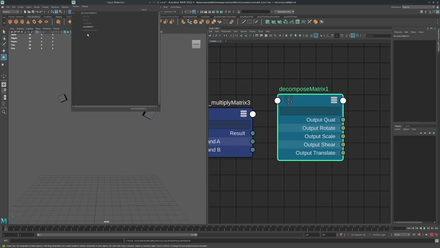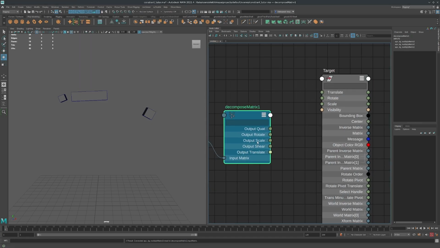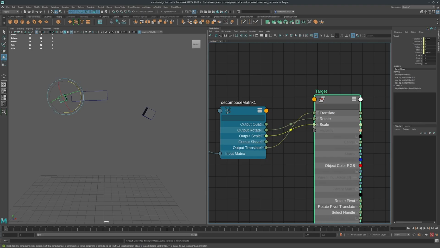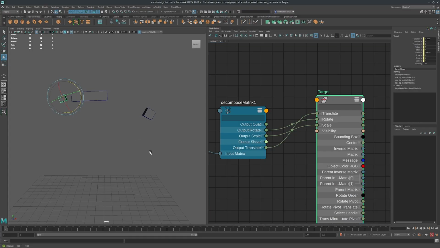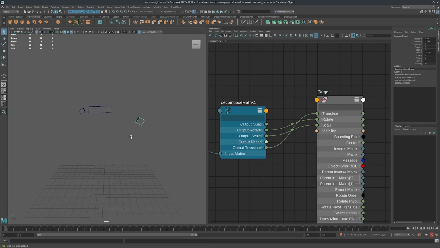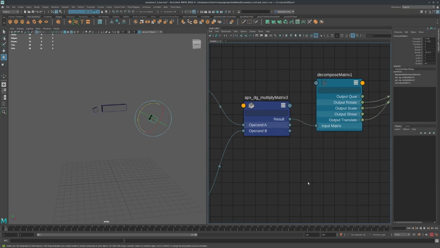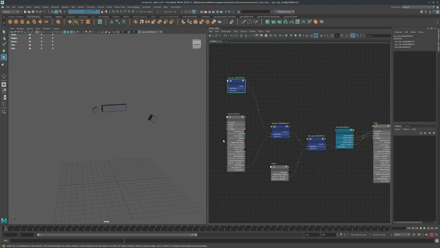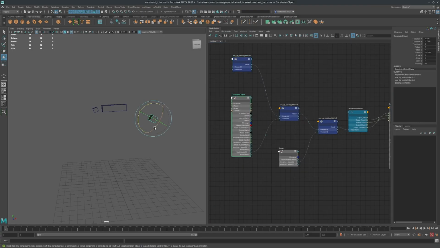here and plug my rotation, translation, and scale into my target. So now that would replicate the parent constraint almost exactly, but with the only difference that the standard parent constraint doesn't have the scale